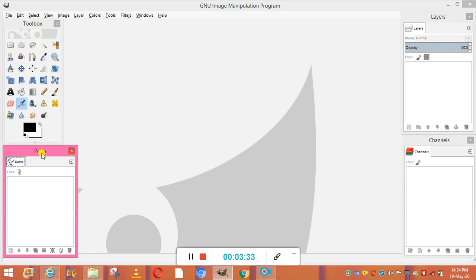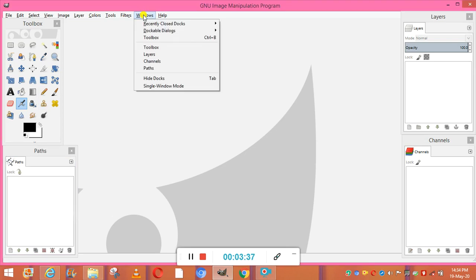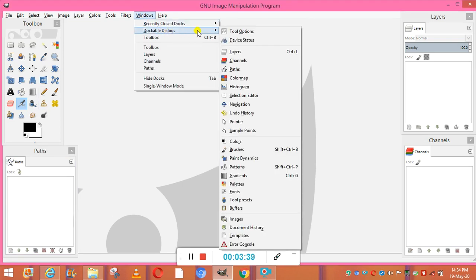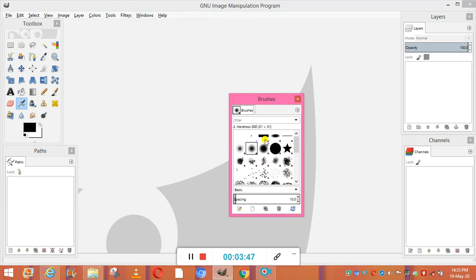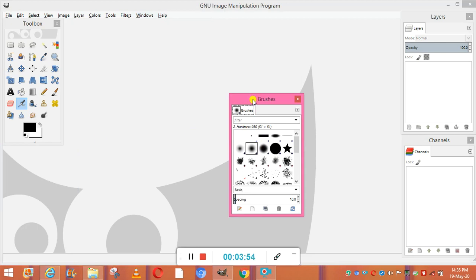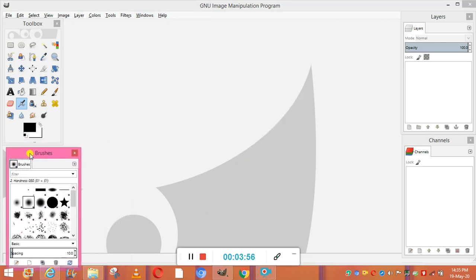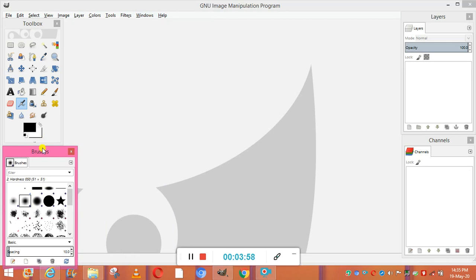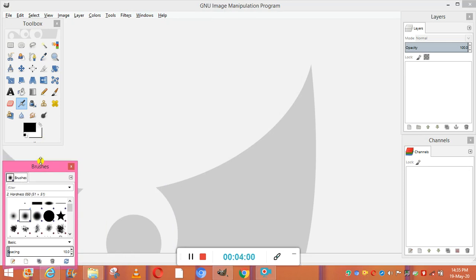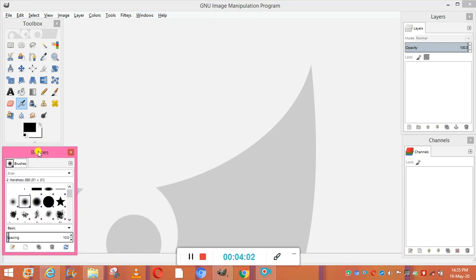For activating the undo history dialog, we will go to the image window, then again to the Windows menu, then dockable dialogs. Okay, and in this you can go to the brushes option, this. So we have got this. Okay, I'm closing this path. I can bring the brushes tool here because it is much more important than the path tool, and I'm minimizing its size so that it can fit properly here.